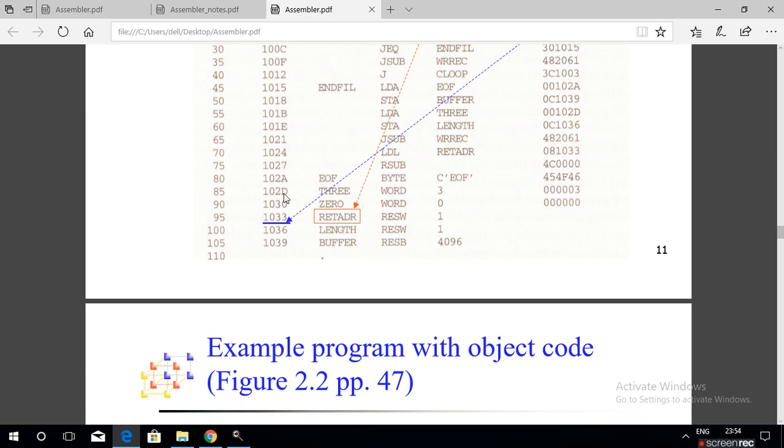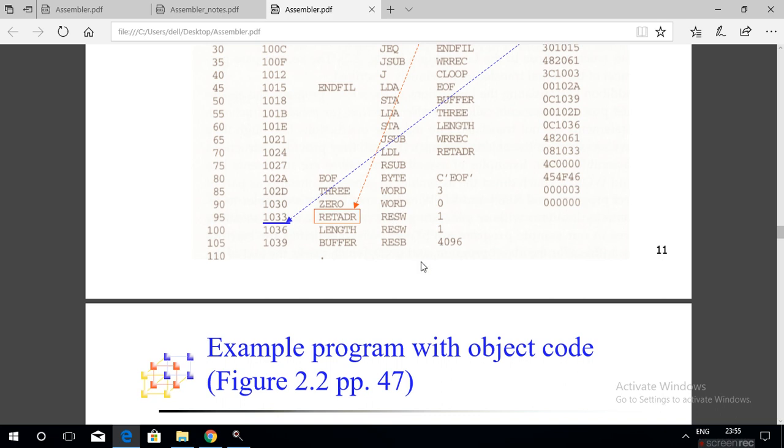See here, DEF0. The earlier location counter value is 102D hexadecimal. The opcode is WORD, so increment 3 to the location counter value. To this 102D, increment 3: 102E, 102F, 1030.